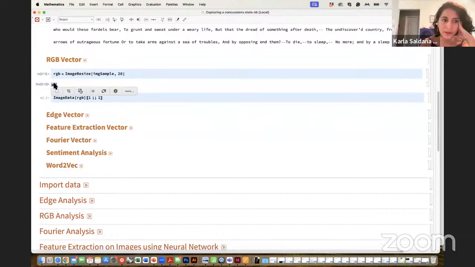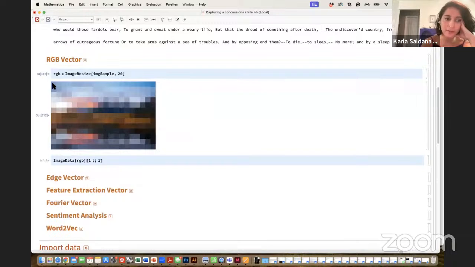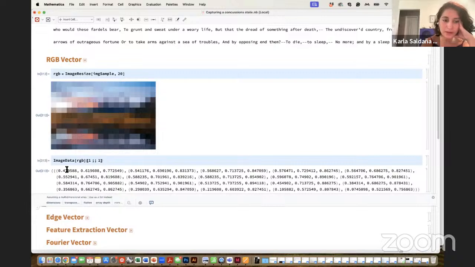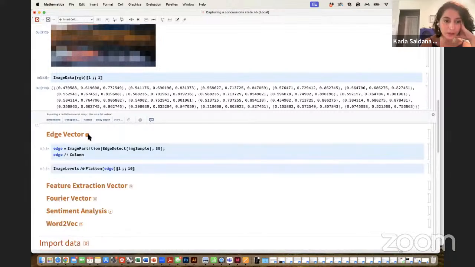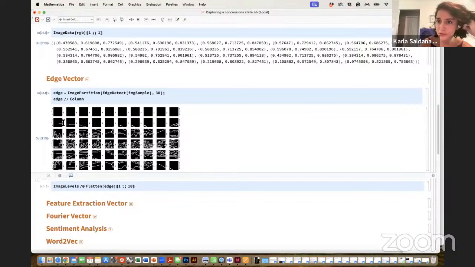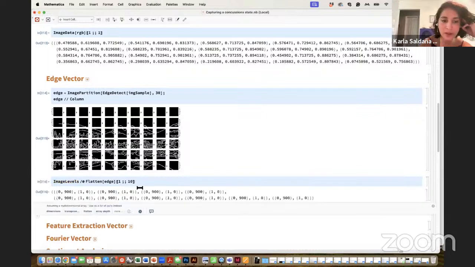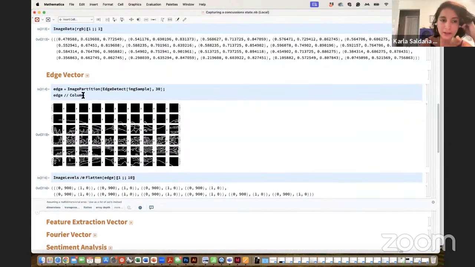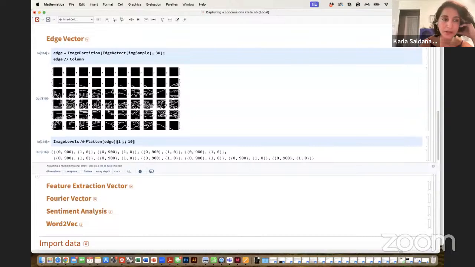The first thing that we saw with the colors in the first example with Julian was to identify an image based on its pixel values. Here we resize the image, and then encode it by looking at the RGB values on this image, and then flatten them to create a feature vector with several dimensions. Another way to look at our data is by looking at the texture through an algorithm called edge detection. Here we count the percentage of black and white in each of these square images.